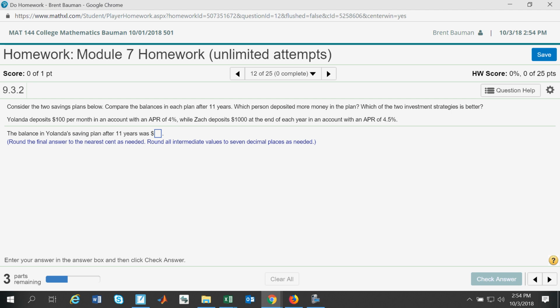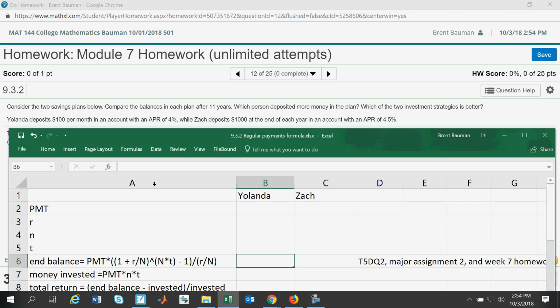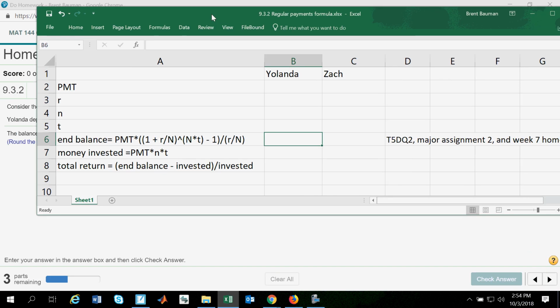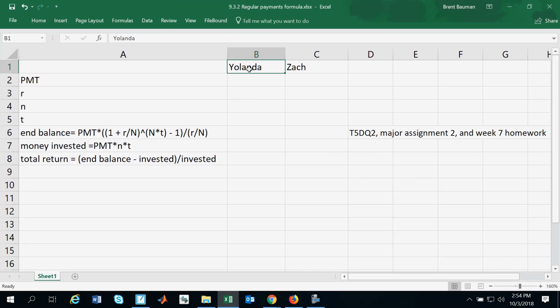So let's go ahead and bring back that Excel document that I have set up. So I have it set up to where I'm going to work with Yolanda and her investment strategies, and then I'm going to work with Zach, who's going to be the other individual. So our problem stated that it was 11 years, and they're both 11 years. So I'm going to plug in 11 for T. And then our compounding